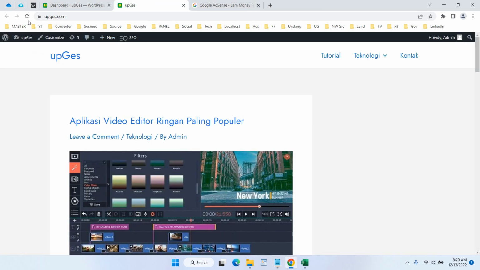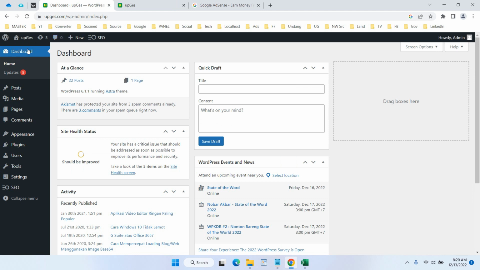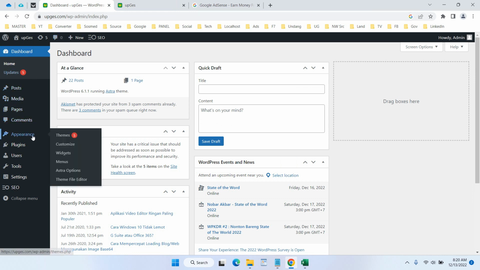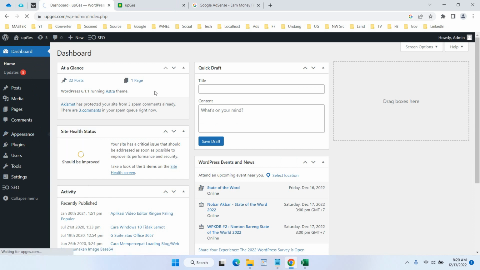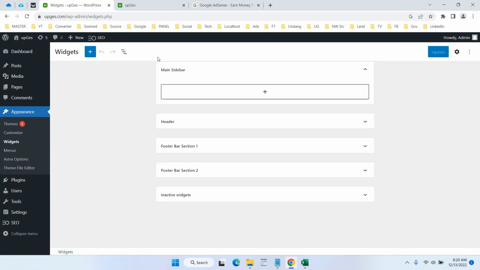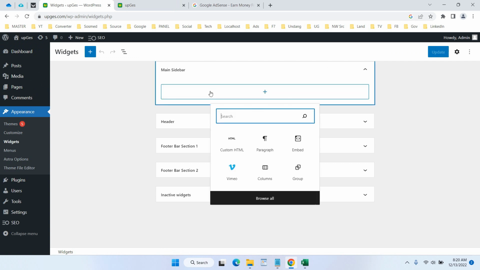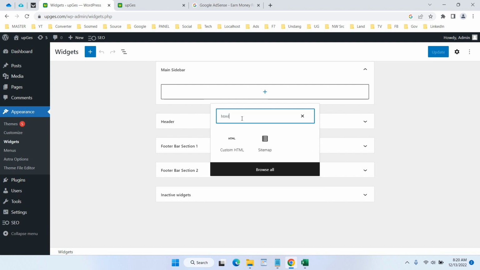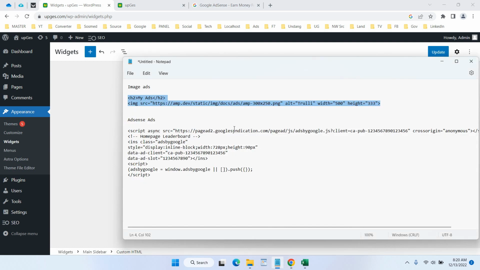First, in here, if we already have the site built from WordPress, we can just go to our dashboard, and go to Appearance, and go to Widgets. And in here, for example, I will put the ads into my sidebar. Okay, after you click add item like this, you can search HTML and then select Custom HTML. And for example, I will place my image ads in here,